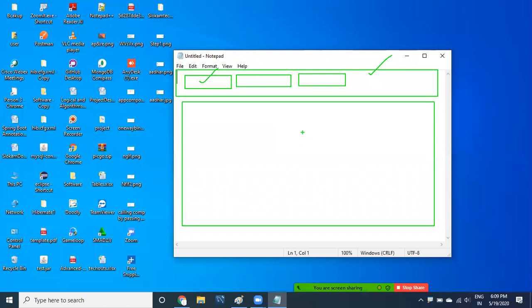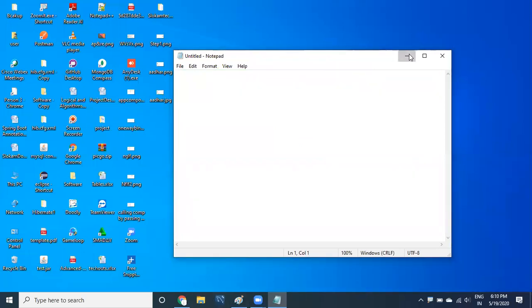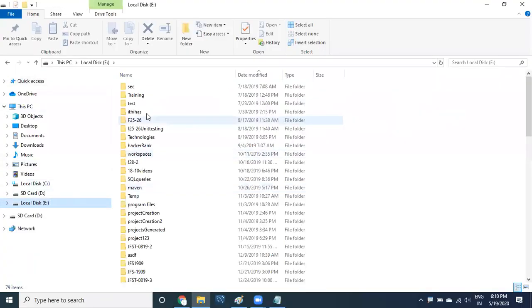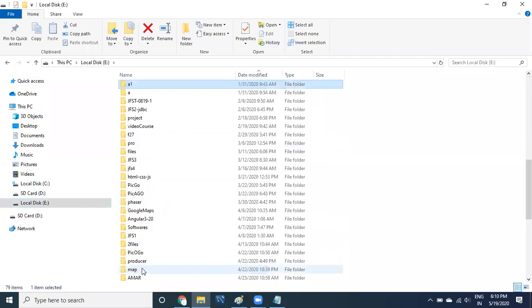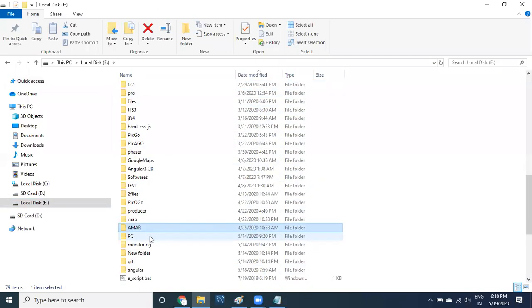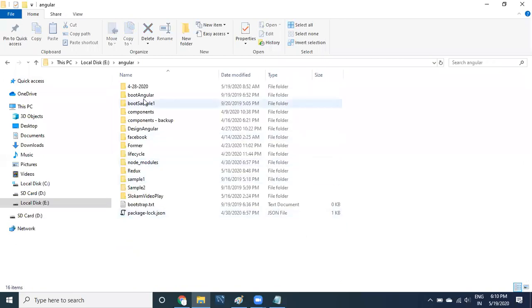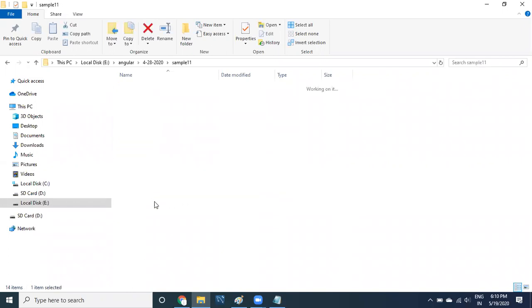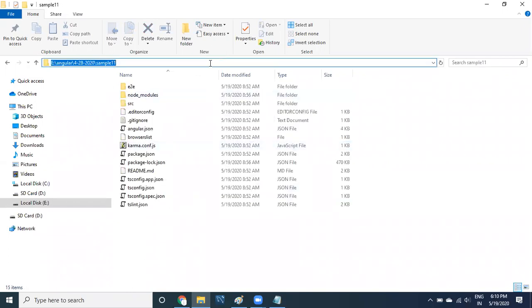Okay, to do so, first what I will do is I will go to application, and then I'm going to create a new application for you. Just very simple. This is just to practice. I don't want to tell any new thing, only bootstrap related menu I'm going to take. Actually we have created in the morning sample 11, we did not use it, so I'm going to use it now.